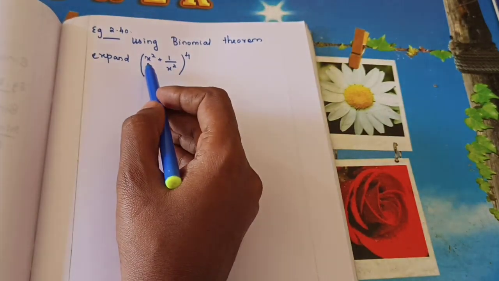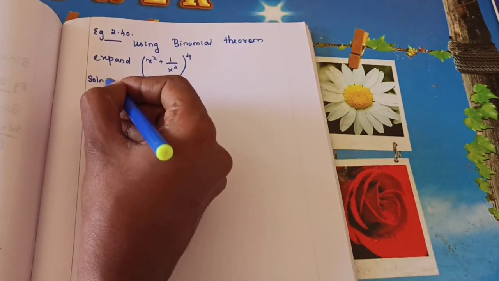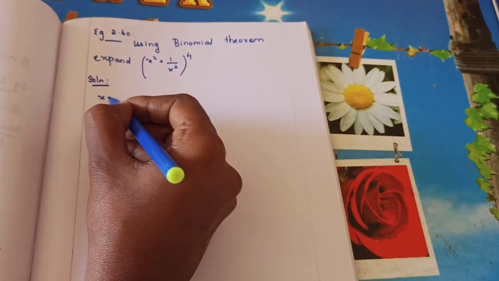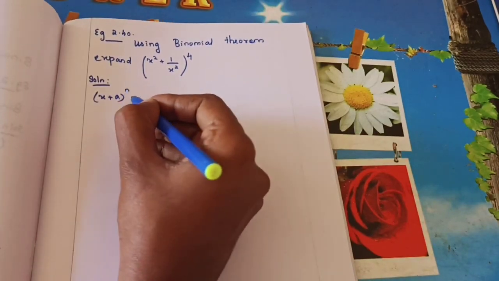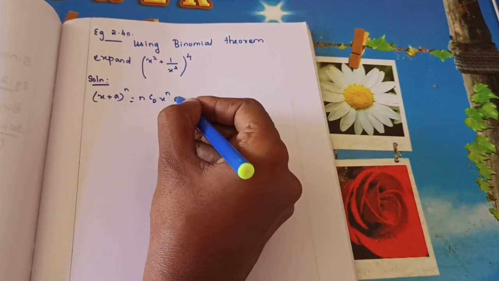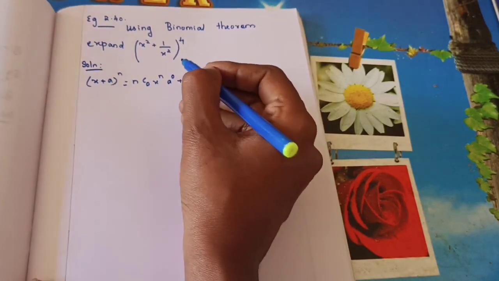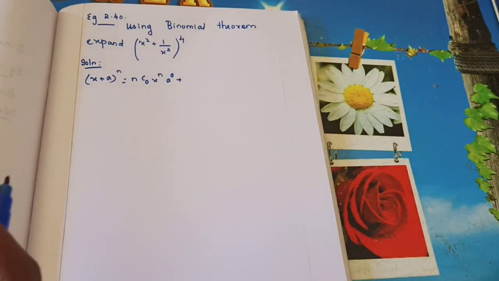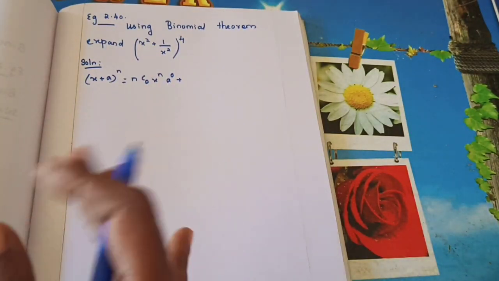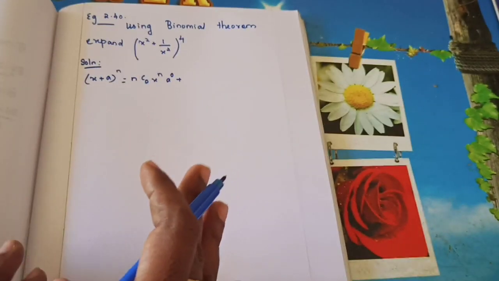First, it is in the form of x plus a the whole power n. Okay. So you write down the expansion first. Okay. X plus a the whole power n is equal to, what's the expansion? N c naught x power n a power 0. Here up to 4 terms it's enough. Okay. First problem for you need to get good idea. Because of that I wrote the full expansion. So then hereafter that n value, according to the new n value, you can write the expansion.